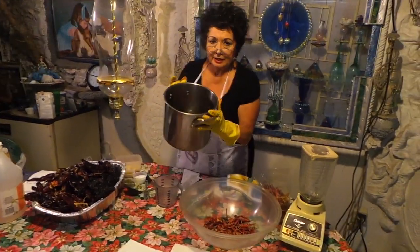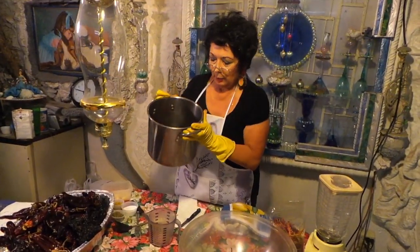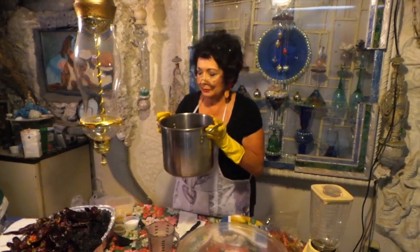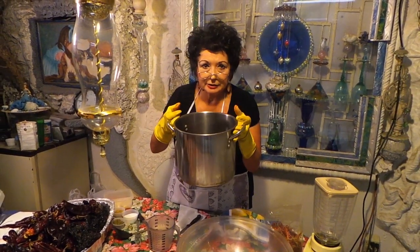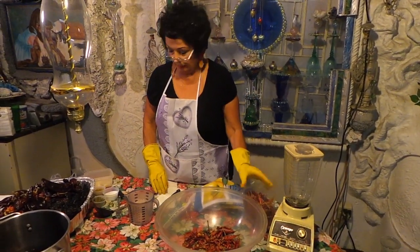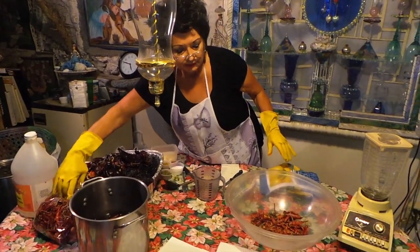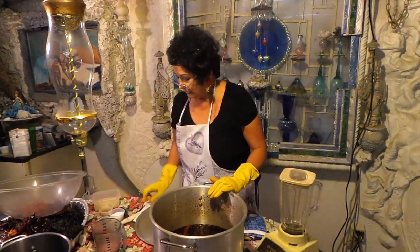So, as you can see, once you finish all that, you want to get yourself a bigger pan. Not a pan, but big enough, a pot. Fill it up. Let it cook. Make sure it's like it's falling apart. Once it's done, wait until it cools. And while it's cooling, put away your things, and that's one procedure. After cooking this chili for about an hour and a half, depending on what it is,